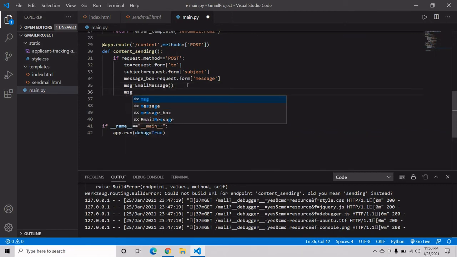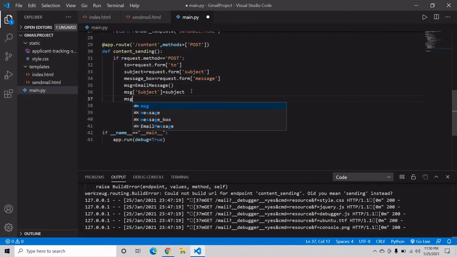After taking all the values over here, we have to set our message box. For that, suppose our message subject will be equal to our subject, this variable, because it is the content of our subject from our HTML page.